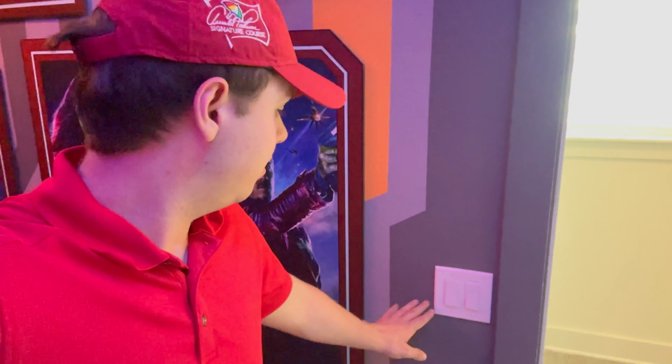I'm currently in the Guardians of the Galaxy room, as you can see, and I want to show you guys exactly why this themed room stands out and some really cool features that it has. So when you come over here to the light, I'm going to turn the lights off, and I'm going to turn them back on, and you'll hear...